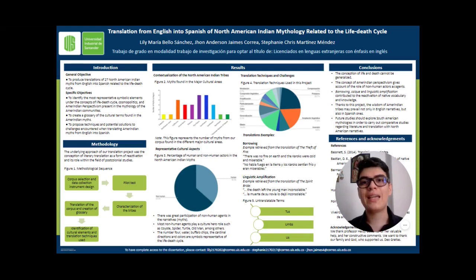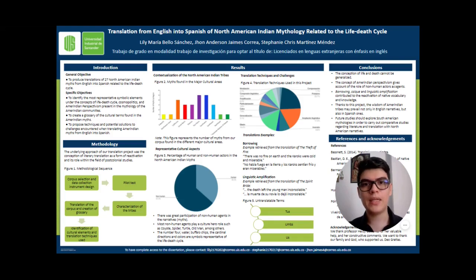The translation techniques encountered surpassed the 6 techniques expected to appear according to the results of the piloting test. On account of these results, we propose the use of the 14 translation techniques found as useful resources to translate Amerindian myths. As for the challenges faced when translating, 3 terms, thus, and as, were found to be untranslatable. And in order to overcome these challenging words, we've borrowed them and provided footnotes in the target texts that included